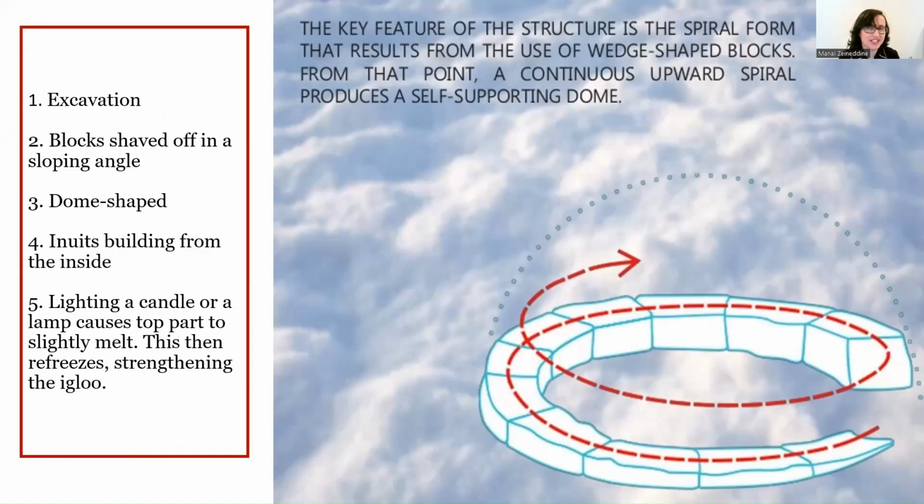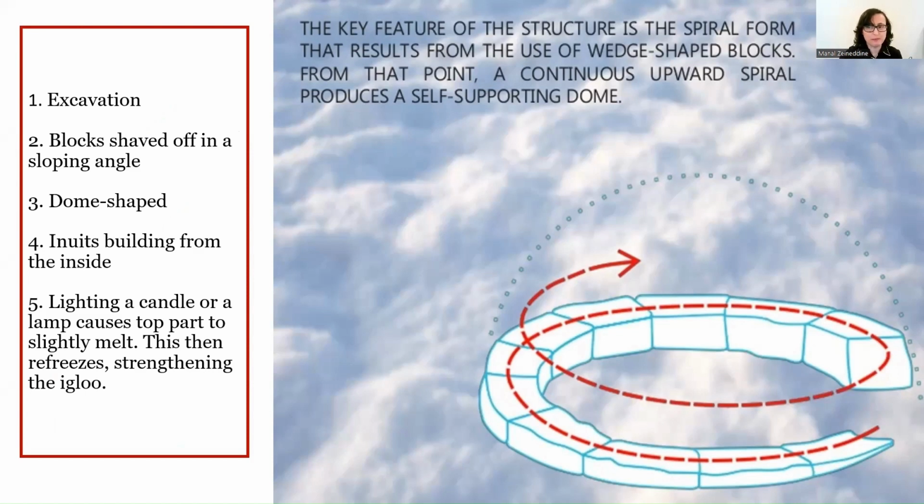So the key feature of the structure is the spiral form that results from the use of wedge-shaped blocks. They're not any kind of blocks. They have to be cut in a certain way. And from that point, a continuous upward spiral produces a self-supporting dome. So this is pure architecture. This is part of engineering. So there had to be some conditions here. They had to do some kind of excavation. They had to take out those blocks shaved off at a sloping angle, and then they had to build it